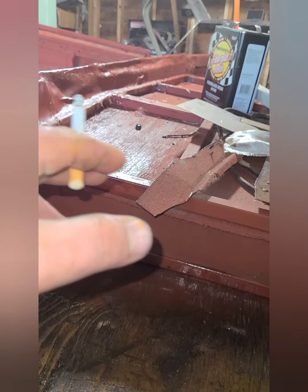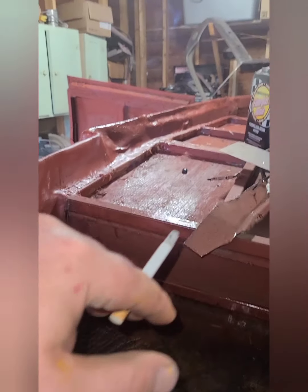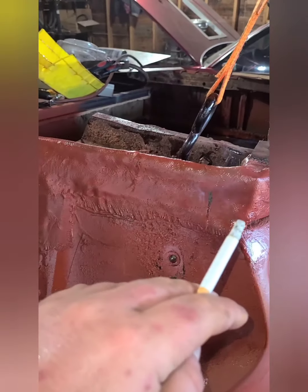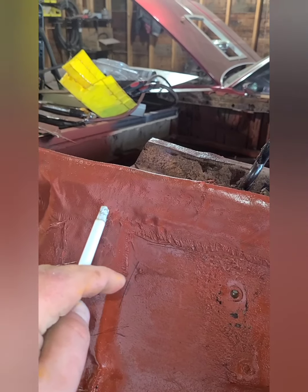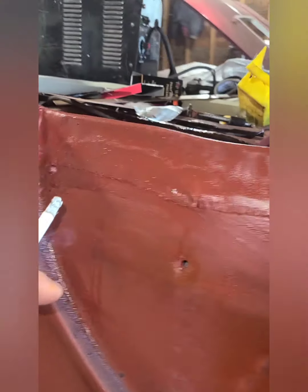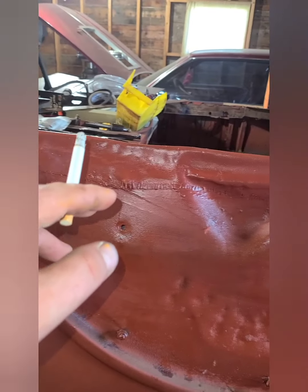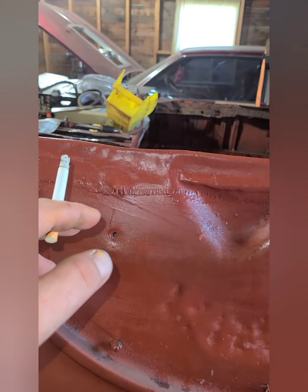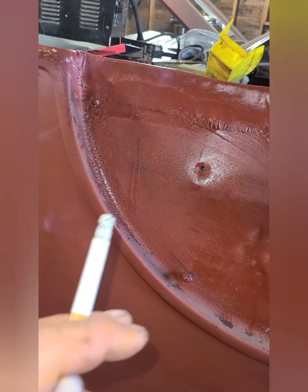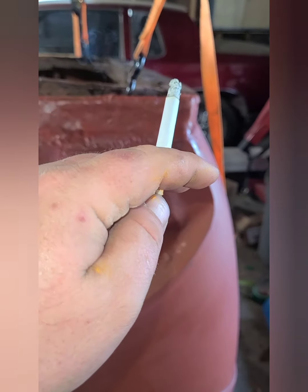And we'll just keep doing that, and I'll come back and put some filler on all this to smooth it. And same here, it's a little bit rough, but you can see where I spotted in the patches everywhere here. My plan here is to just body work it with some filler and stuff. You can see my tooling isn't quite that great because I got a little bit of wrinkles on the top and stuff, but because there's existing bolt holes in here,